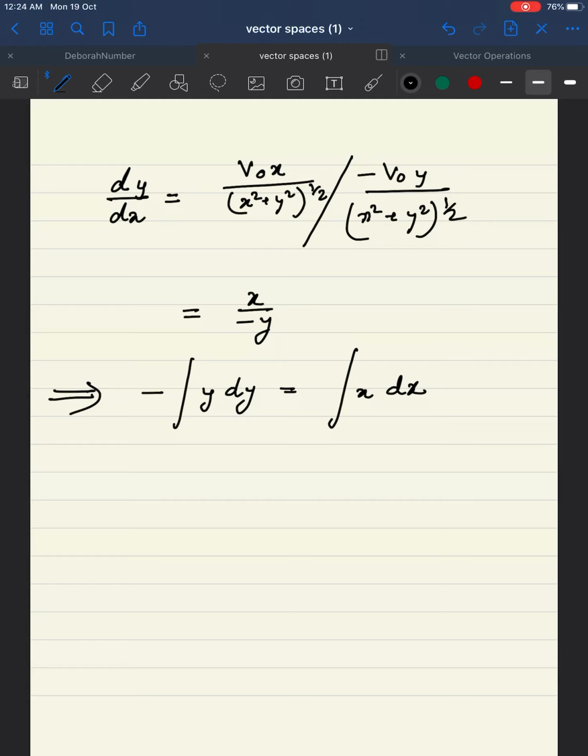We have this integral which is actually the solution. You can now, if you want, put limits. So let's say the streamline does pass through a given point x naught and y naught, and x and y are the variable points, then you basically will get